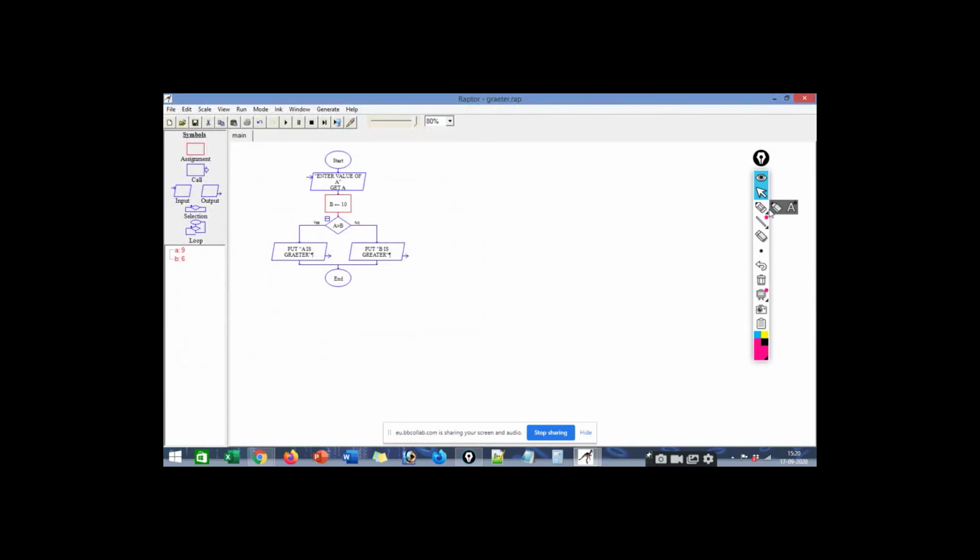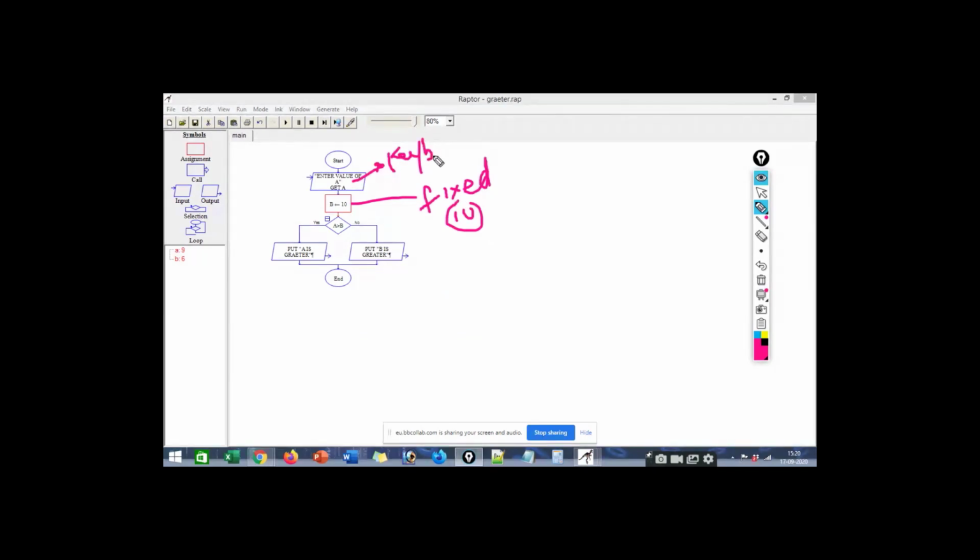Now our B value is fixed. This is fixed, which is 10. And this value I will give from the keyboard, and it will be stored in memory A. If that value is greater, this will be printed.